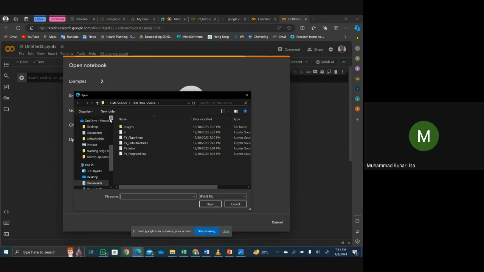So here it took me directly to this folder, which is HDI Data Science, simply because I've already launched a file from it into my Google Colab before. Since it has sensed that its supporting file is in this folder, which I've already opened before, it will bring me directly to the folder so that I'll select it. But let's say, for instance,